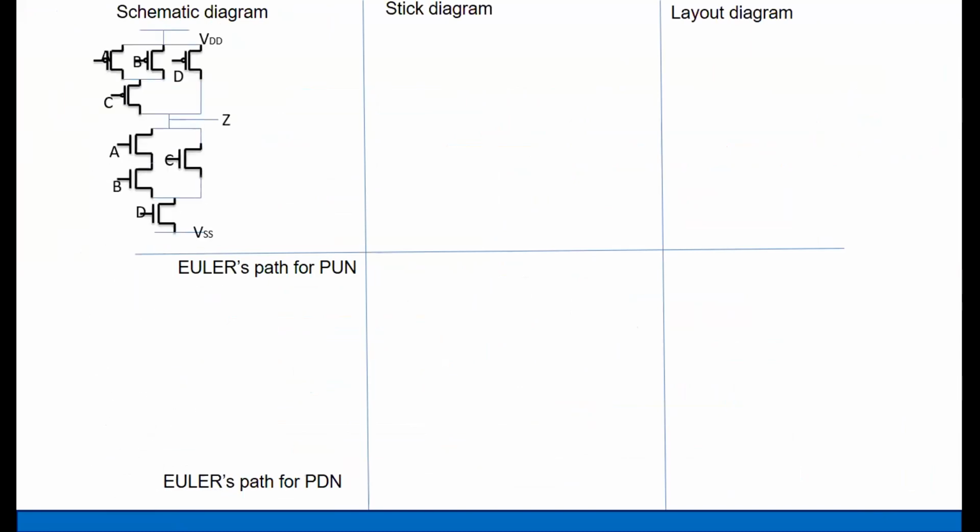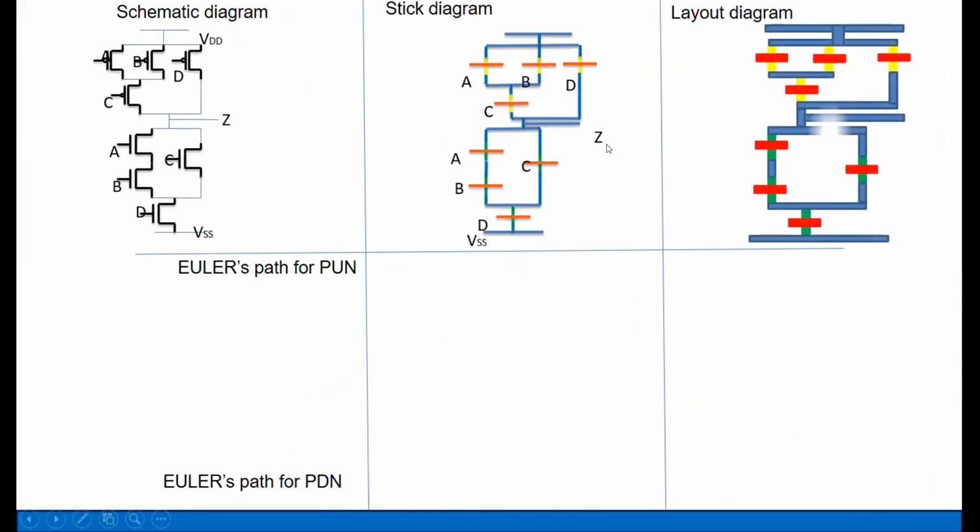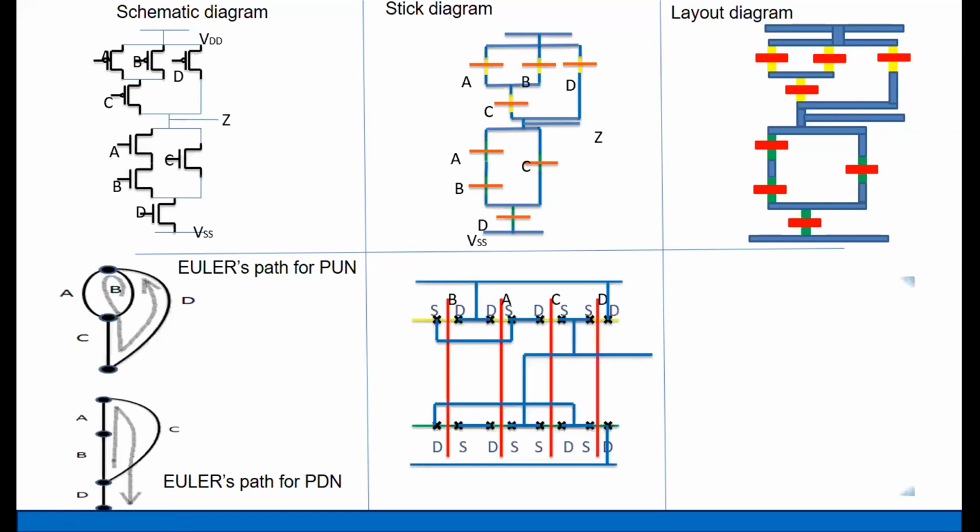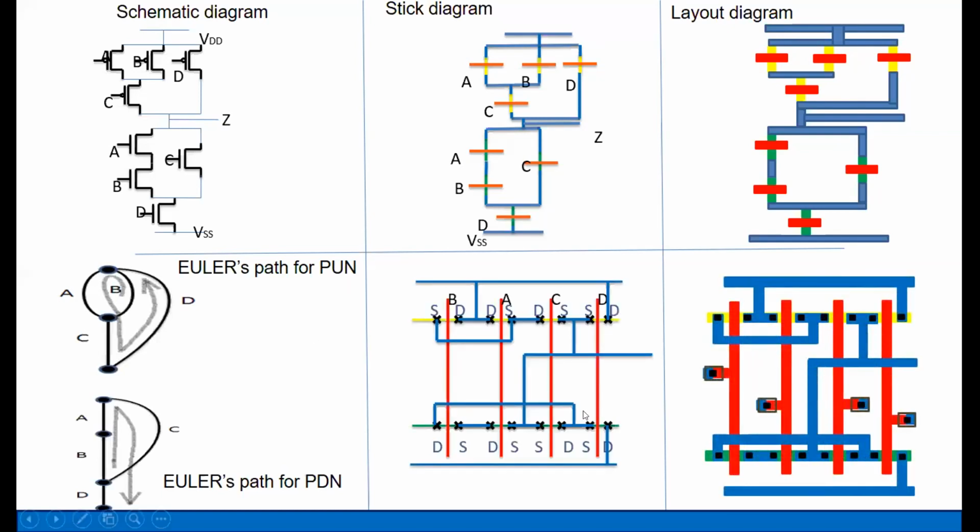Now you see, for the same equation, this type of diagram is conventional and the layout is also conventional. Wherever I have transistors, I just consider them exactly. But here, in terms of area, I'm not happy. For that, I am going with the Euler's path approach. So this is the stick diagram with Euler's path. Of course, we have to follow a set of steps, five to six steps, by which I can get this type of layout.